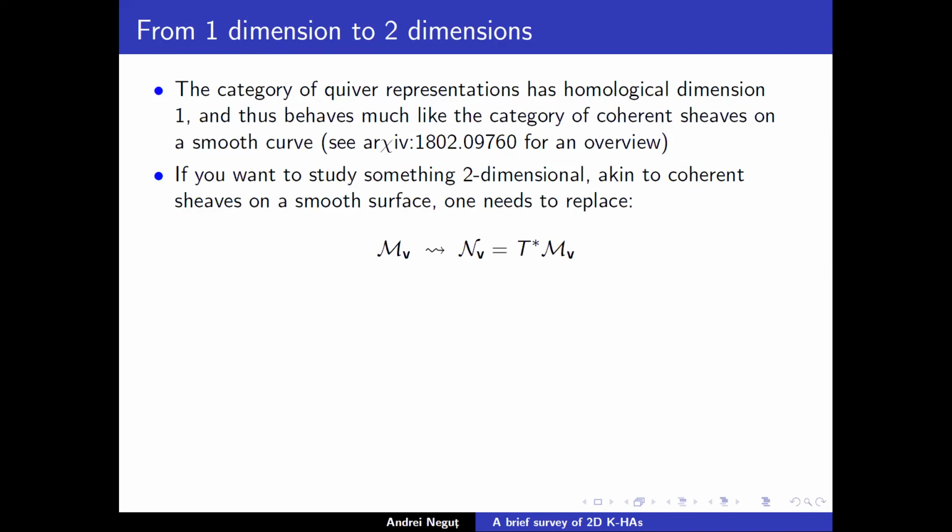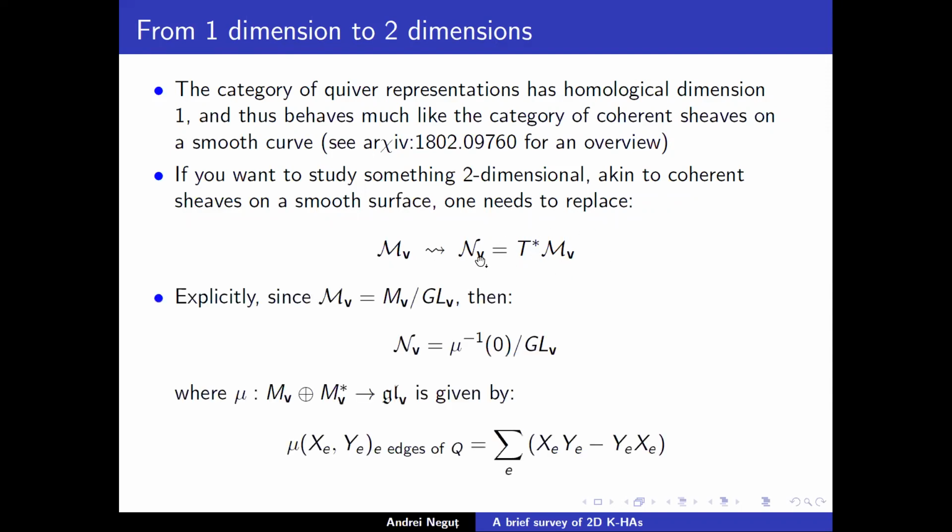And the way to do that is to get something two-dimensional in that sense. And this is all just a philosophical sense. I'm not trying to be too precise. I'm not saying anything about the actual dimensions of these stacks. I'm saying something about the homological dimensions of the categories involved. So the thing you do is you replace the stack MV by its cotangent bundle, which I will denote by